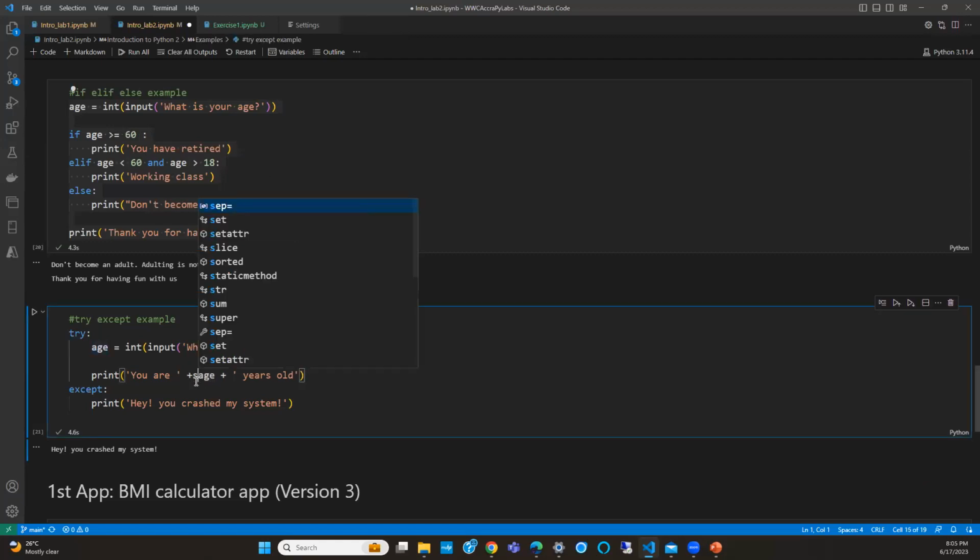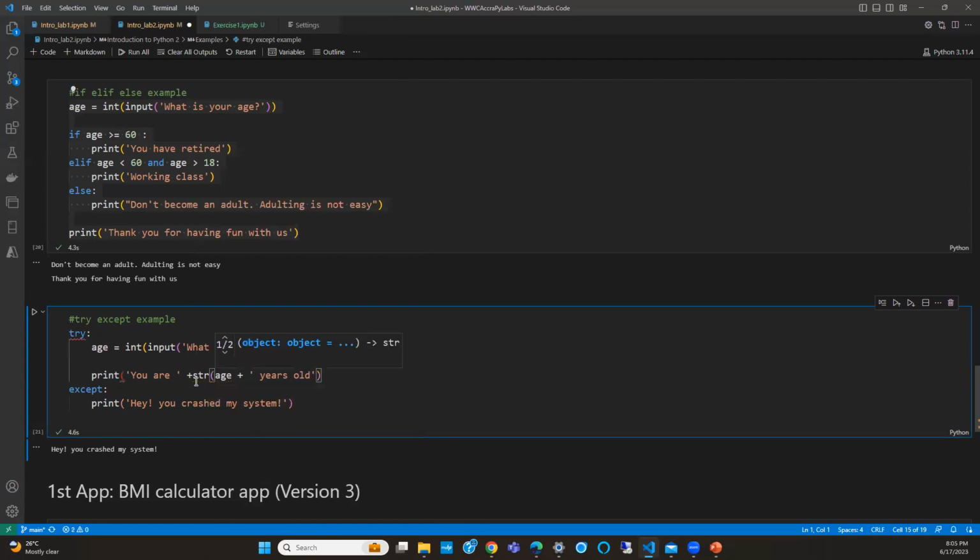Just so that what I did doesn't crash, because we're doing concatenation, I have to convert this to string, because you cannot concatenate a string and an integer. I think I should have left this for somebody to figure out, but unfortunately I fixed it before realizing.